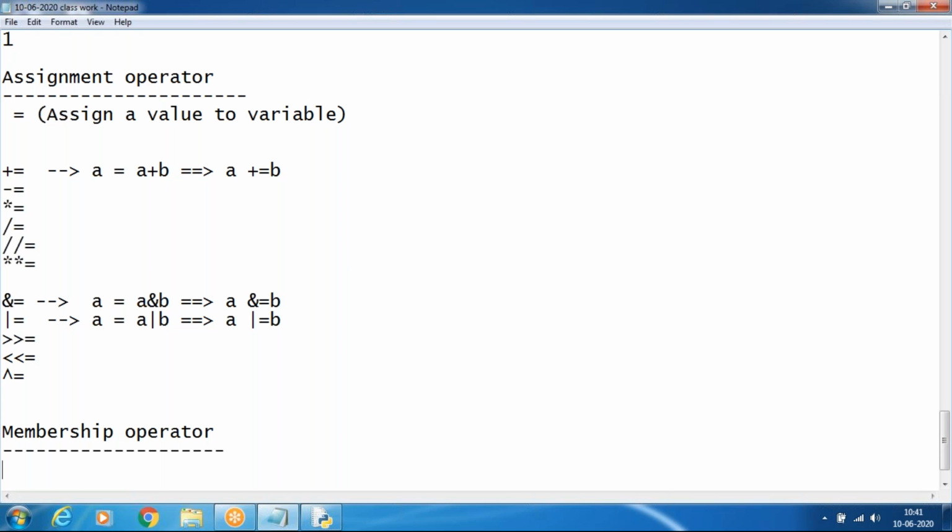Membership operators test for membership in a sequence. Sequence type elements are things like a string, list, tuple. We will check whether the membership exists in such sequence type objects.